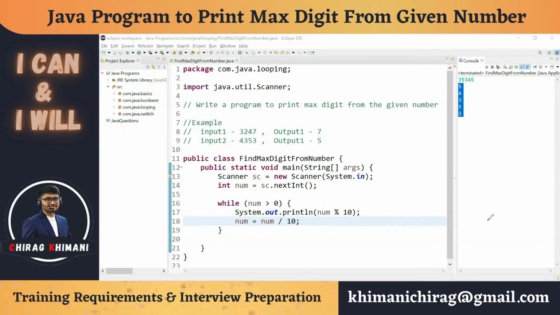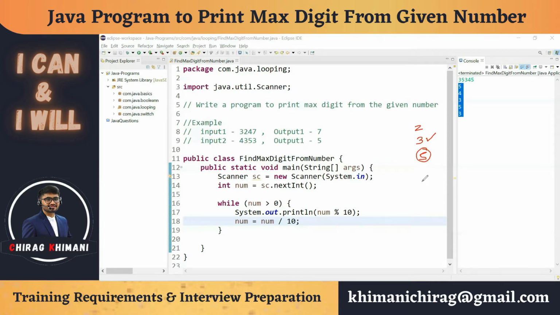So forget about Java. Let me give you a couple of numbers. You just have to tell me which number is the biggest. Let's say 2 and 3. Which number is the biggest? Definitely your answer will be 3 is the biggest, right? Let me give you another number. Let's say 5. Now which one is the biggest number? Definitely now your answer will be 5 is the biggest number.